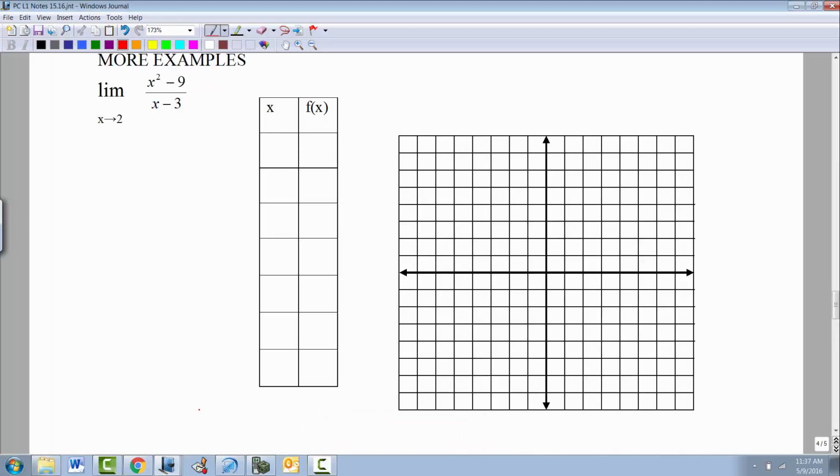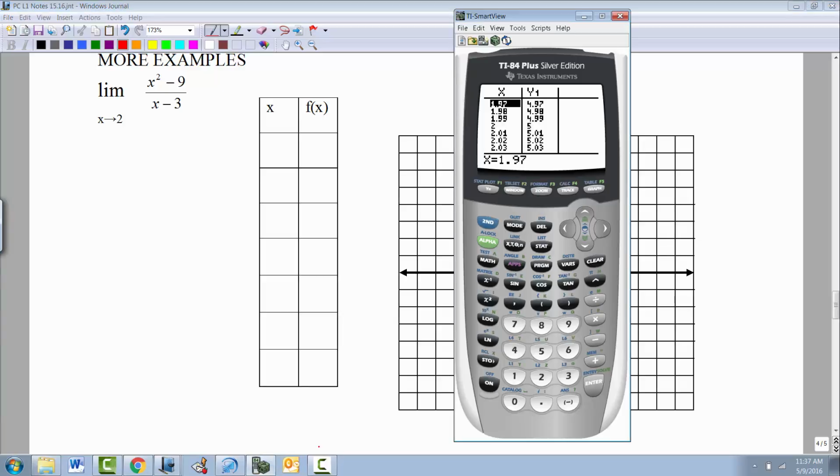Okay, so what does this have? A hole. Okay, but let's pretend it's complicated. I showed this to the other class, and I think I have that one already here. So I have it in from last class. So pretend it's complicated. You don't want to really fill in a long chart. You just want to look at the chart. That's one option. What I did was I typed this in, y1,